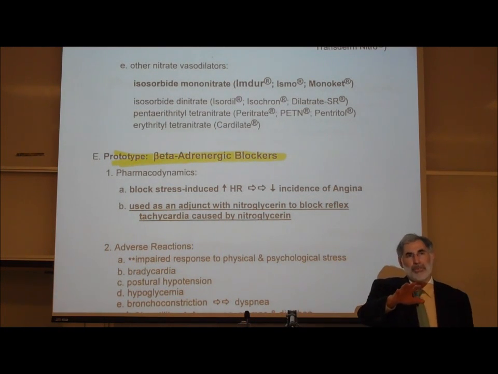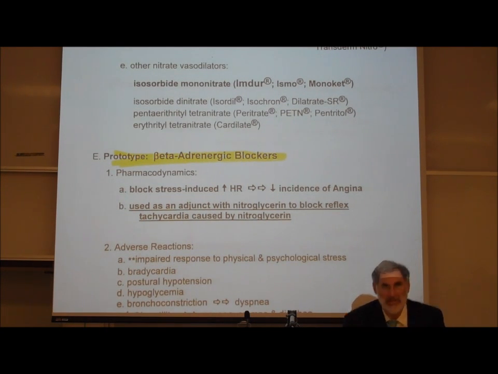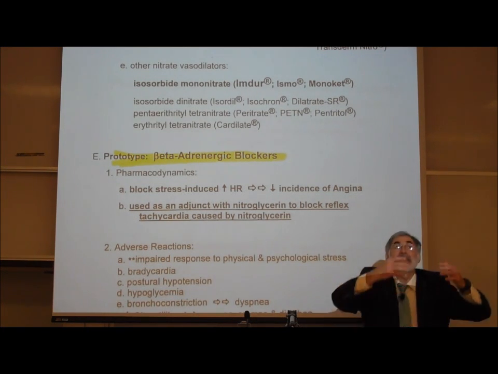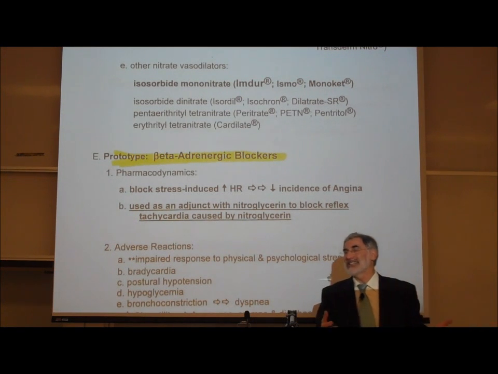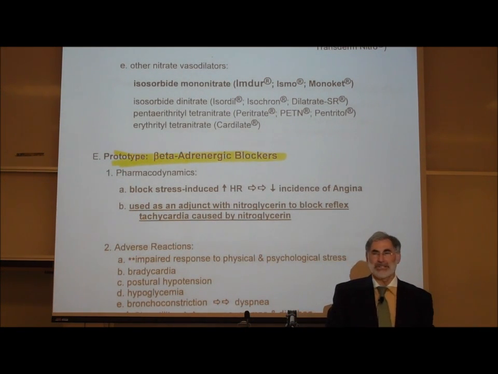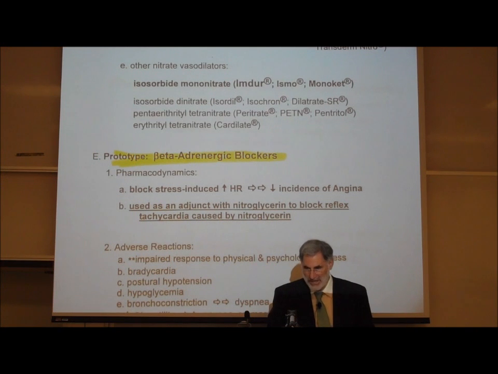So another approach is let's just block the adrenaline receptor sites on their heart. So therefore, even when they're stressed, their heart rate doesn't speed up because the adrenaline receptor sites on the heart are blocked. So therefore, even though the sympathetics will release norepinephrine, even though epinephrine is being released during stress, it is unable to activate the adrenaline receptor sites to cause the heart rate to speed up.